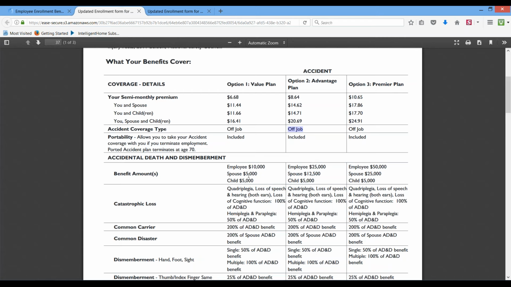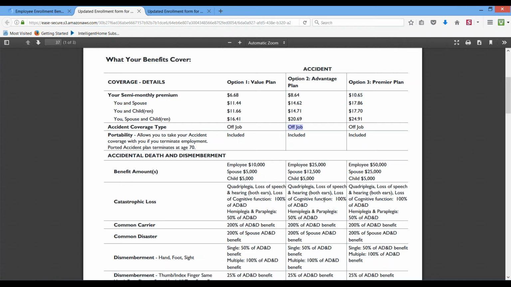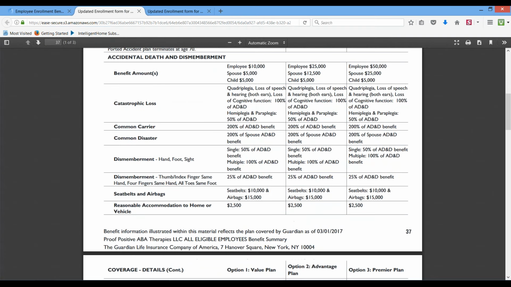It does come with a life insurance policy, whether you choose option 1, 2, or 3. The benefit amount here for option 1 for death due to an accident is $10,000. It's $25,000 on option 2 and $50,000 on option 3. Now, this is a benefit that you can sign up for yourself. You can sign up the rest of your family, so it's not just for you. If you have kids that are in sports, there is a benefit for them, and it could be really helpful. Everything that's going to happen is going to have a benefit to it.